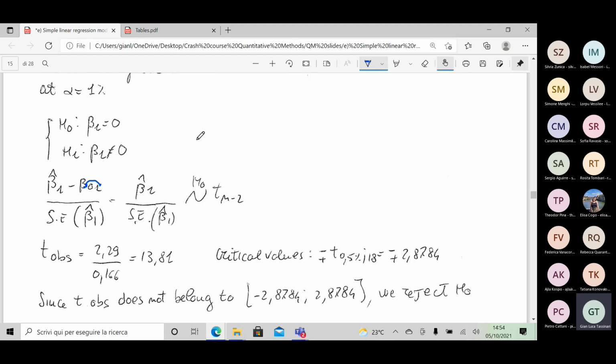We believe, therefore, that the regressor, which was the regressor? X. The regressor was the advertising expenses. The advertising expenses have really an explicative power to determine the volume of sales of a store. In particular, we really believe that there is a linear relationship between